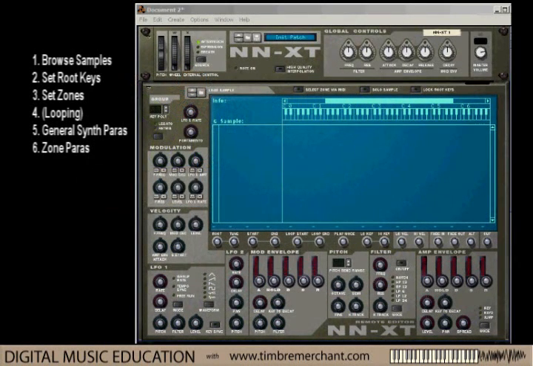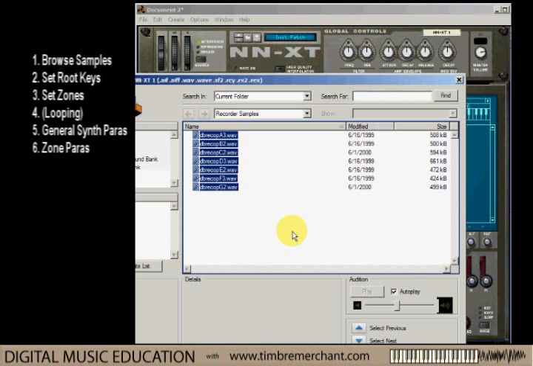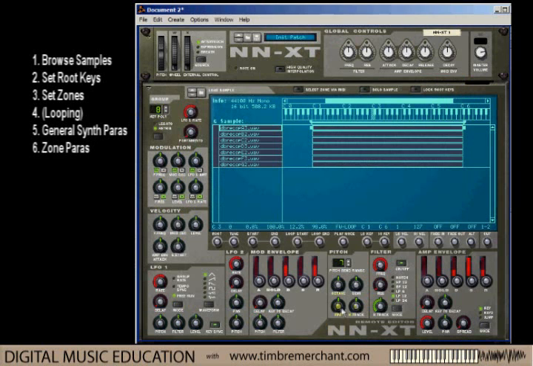The exercise here is to lay out a multi-sample in the NNXT. I've pre-prepared a bunch of recorder samples and we're going to load them in and set them to their correct original keys and zone patterns on the keyboard. So let's begin by browsing samples. We need to right click here, browse samples, and I've already navigated to where the samples are, just selected them all and say OK. So all the samples are now in the NNXT, and of course if I play any key